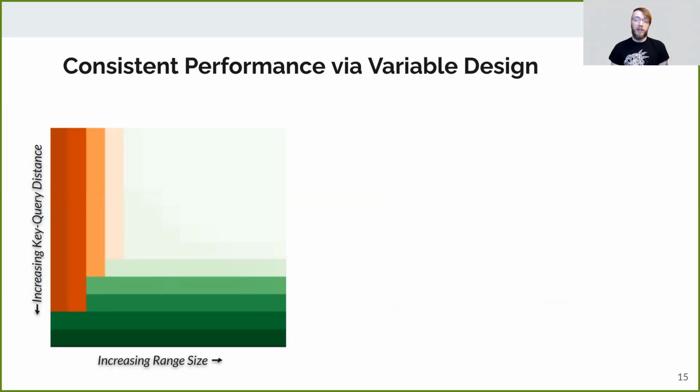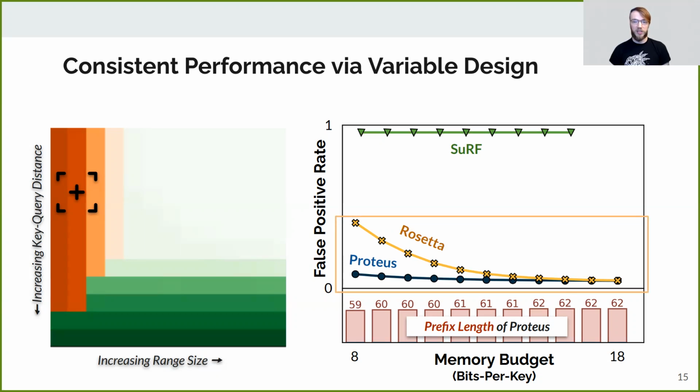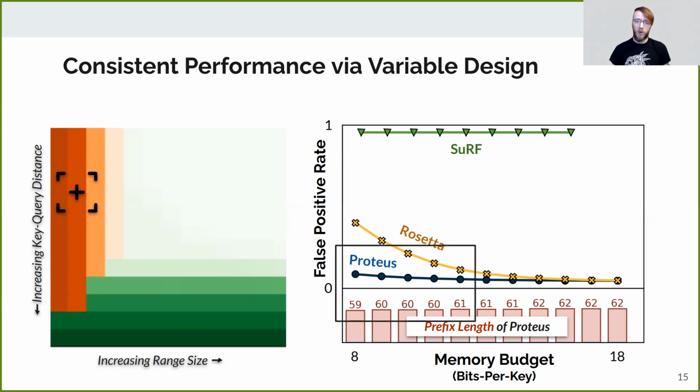Now let's take a look at the model in action. To do so, we will be comparing the configuration of Proteus and its false positive rate against Surf and Rosetta across different in-memory benchmarks. Our first workload contains small range queries that fall close to the keys, resulting in long common prefixes. This is favorable to Bloom filter designs as the effect of the range is minimal, while Surf performs fairly poorly as it has insufficient memory to distinguish keys from the correlated queries. We also see that Proteus is able to attain better performance than Rosetta on smaller memory budgets by compensating with shorter prefix lengths to reduce the number of Bloom filter queries.